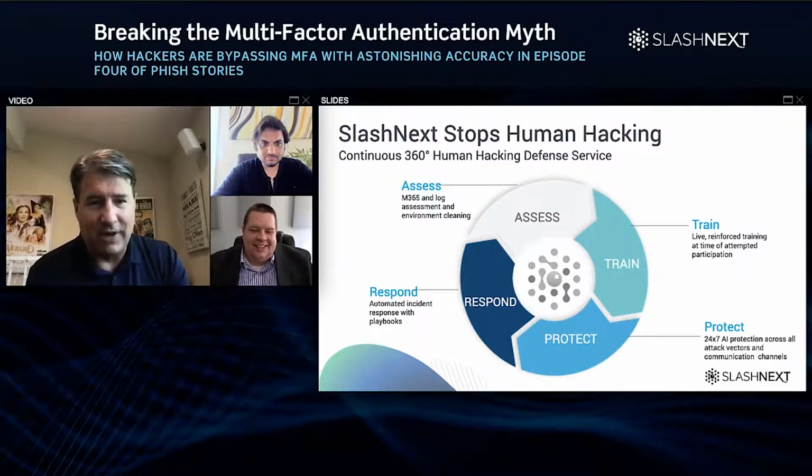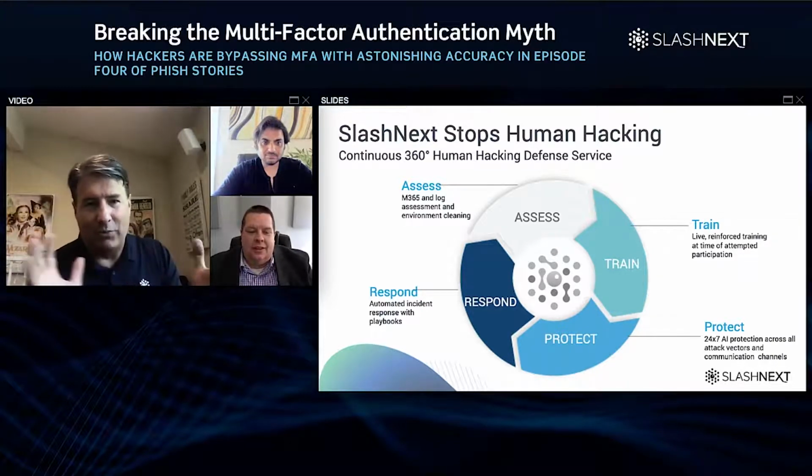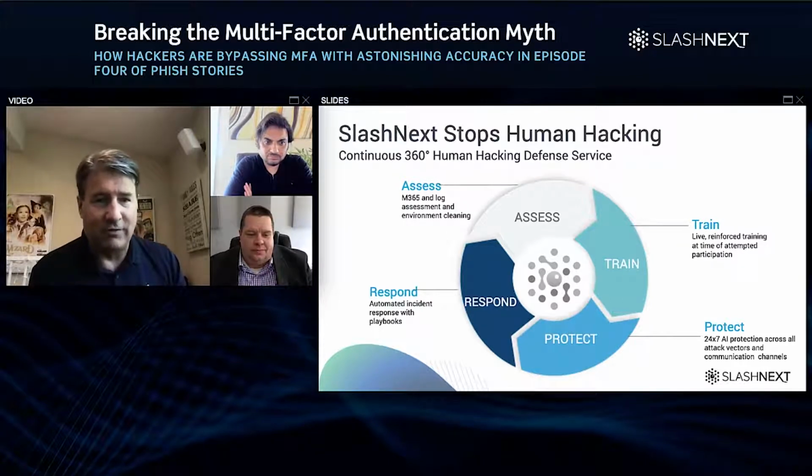So the last thing you ever want to do is think that as a user, I can train it out of them, or I can put some other people-process component. You have to fight machines with machines. You want to automate that. You want to deliver it as a service, so there's no thinking involved. It just happens and it's prevented before it actually infects.